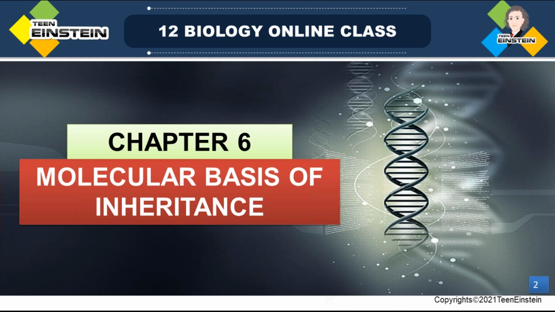of this transforming principle. In Griffith's experiment, he explained the transferring of the genetic material. The transferring of this genetic material is explained by Griffith, but the biochemical nature of that transferring material, which material is getting transferred, is explained by Avery, MacLeod and McCarthy. Then